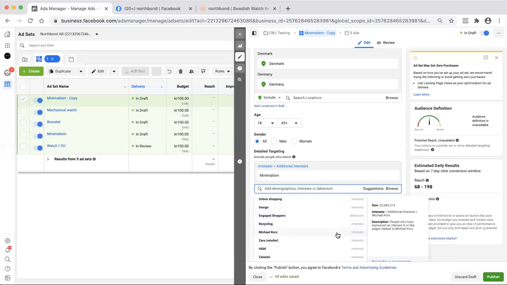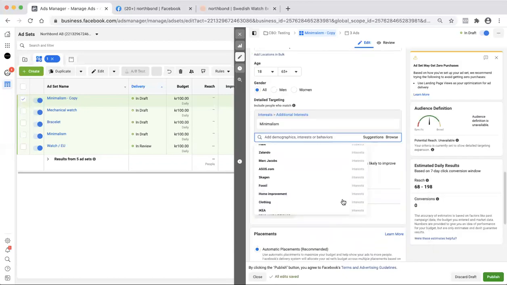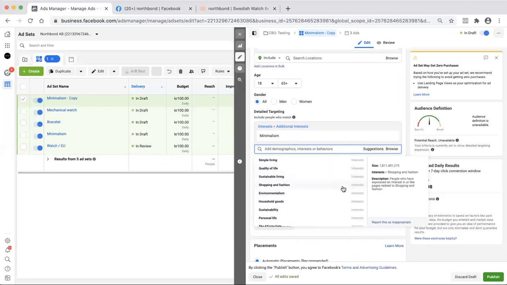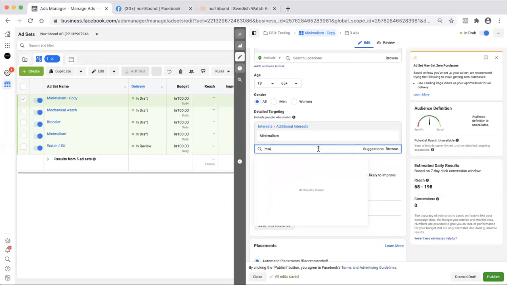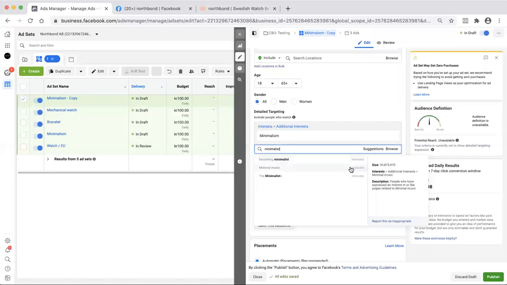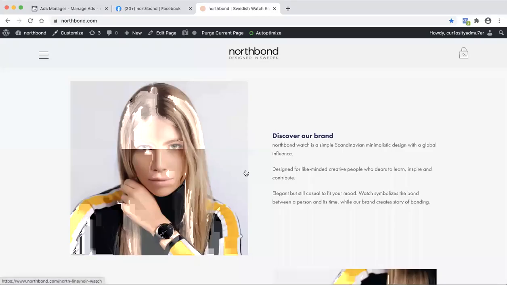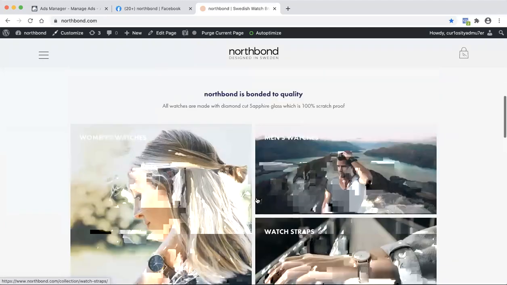And that's simply due to the amount of bidding that's always going on. So we probably can't find another one too close to minimalism.